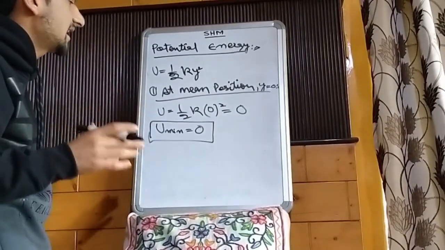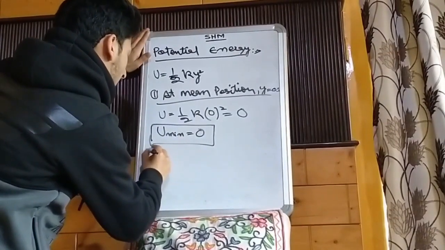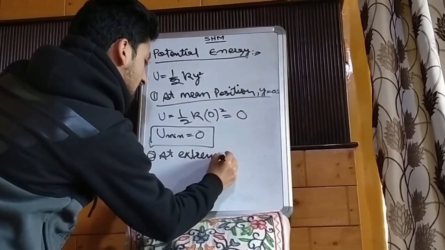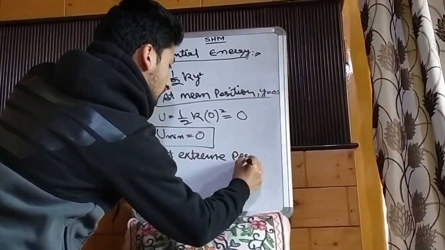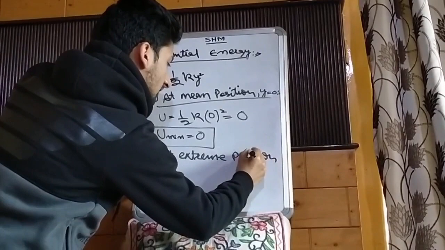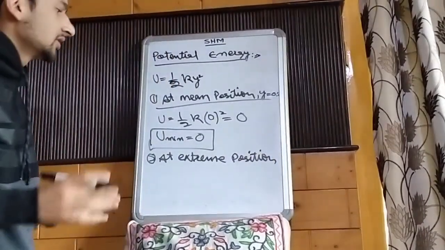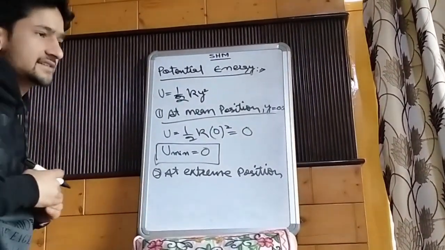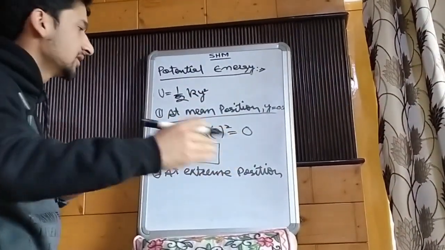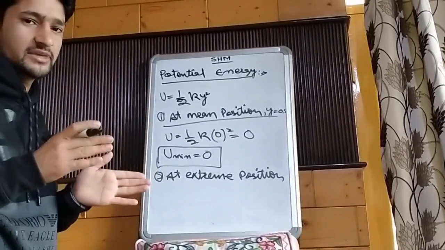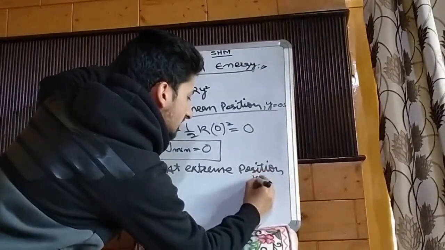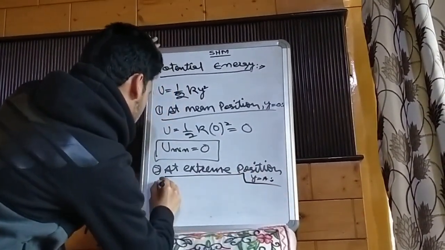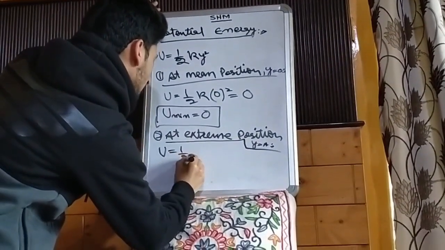Now let's see what is the value of potential energy at extreme positions. At the extreme position, we have to take y equal to a. Y equal to a means the particle has reached the maximum displacement. A means amplitude. So y equal to a, and this will be U equal to 1/2 of k